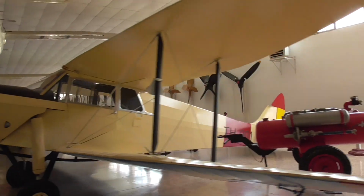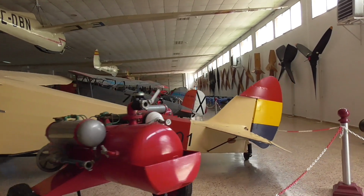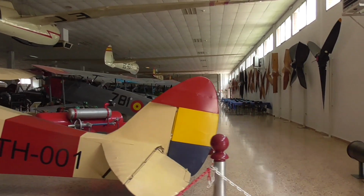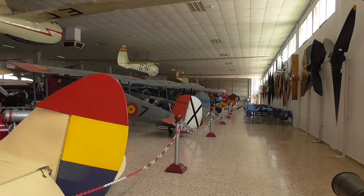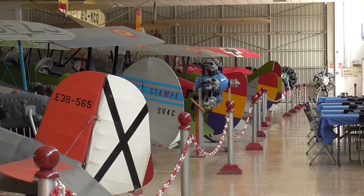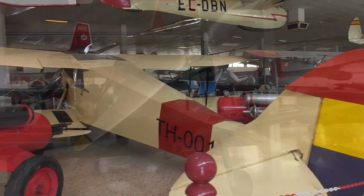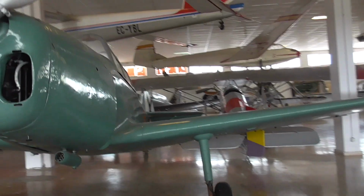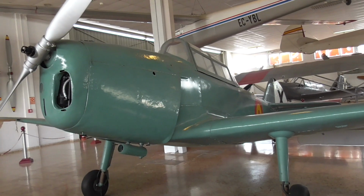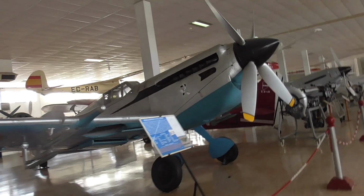Unusual colour scheme with the Spanish tail. Very colourful Spanish tails on the aeroplanes. Let's see if I can zoom down here and get all the different tails. Avion. Herate Mendocia. Spanish perhaps? This is definitely Spanish. Hispano